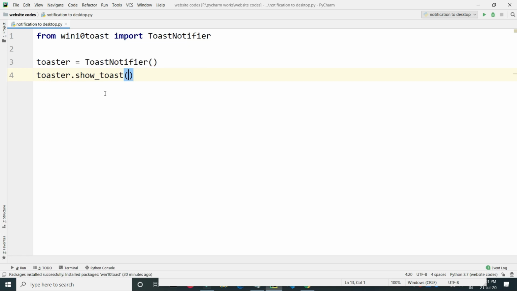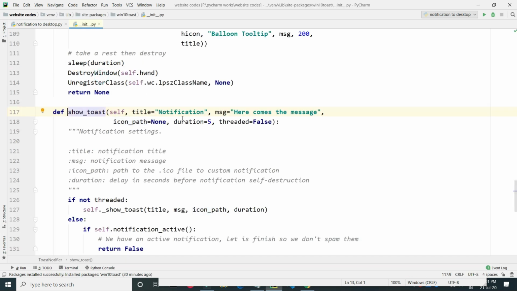Let's first see how this function works. Let's click here, and as you can see, this is the title which we want to show on the desktop, this is the message, this is the icon path, and then we need to type the duration and then the thread.